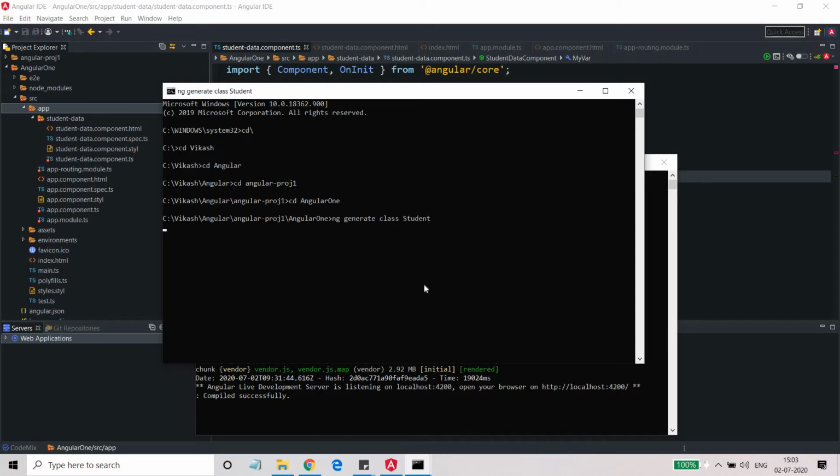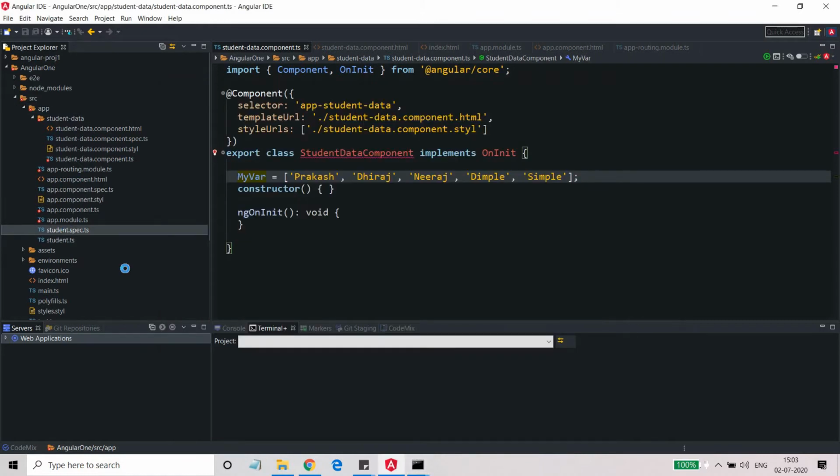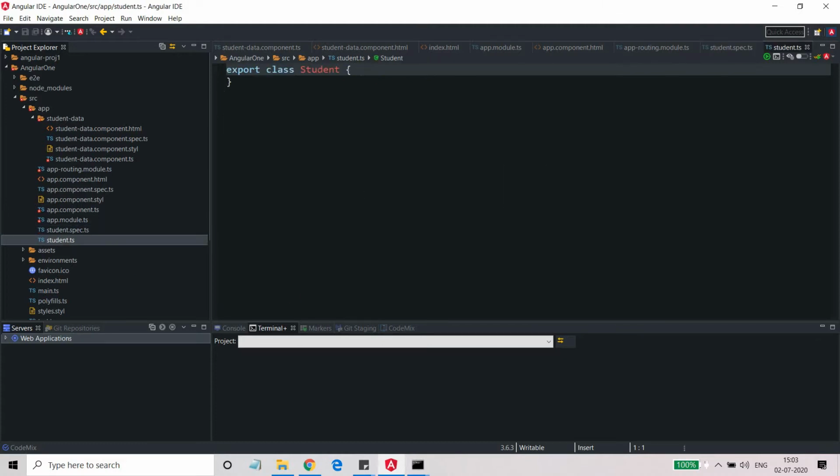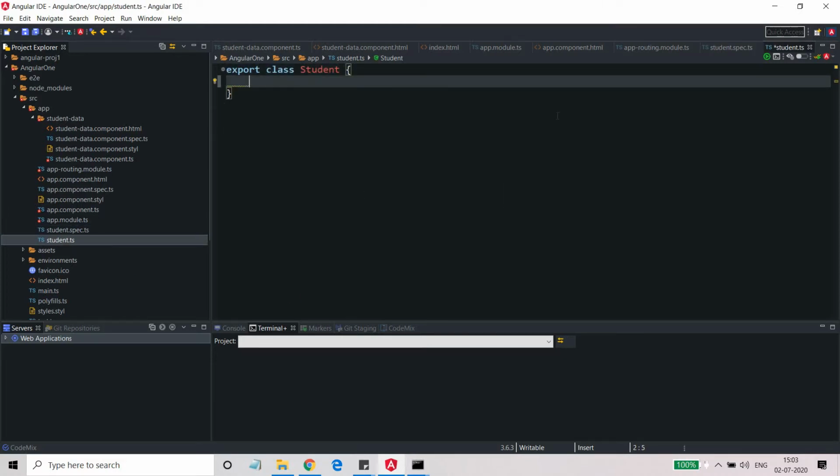As soon as you generate the class using the ng generate command, you will see that two files have been added. One is the specification file for your class, which specifies how your instance will be created, and the other is your class, where you add new attributes.